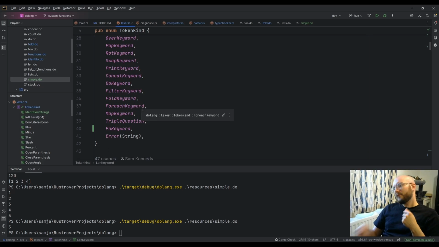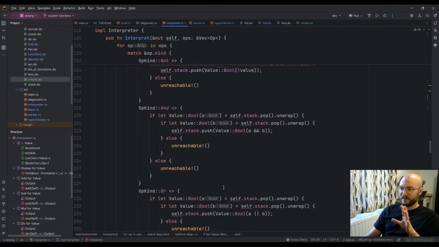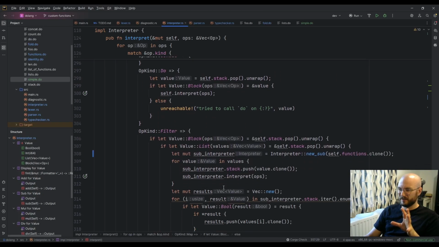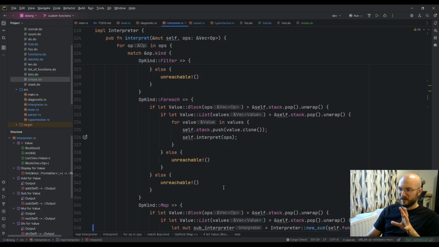And so there's a couple more higher order functions that we could implement at some point, but I think that's good for now, especially as the interpreter seems to be getting pretty chunky, especially like filter. And filter is a pretty disgusting function.